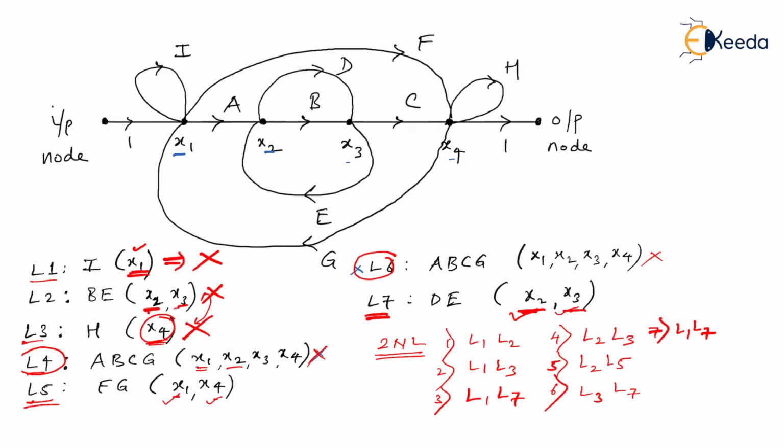I'm sure now you have got enough idea how to get two non-touching loops from the given SFG. It is very simple. Write down all the loops possible along with their loop gain as well as the nodes which are shared by the loop, and then comparing the way that I have taught you, you can easily get two non-touching loops or in fact even three non-touching loops.